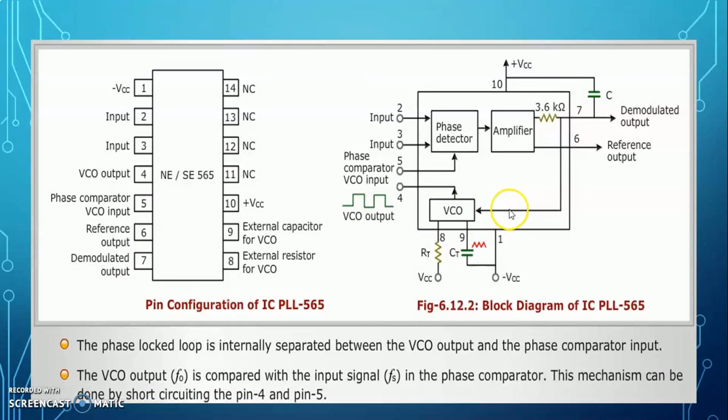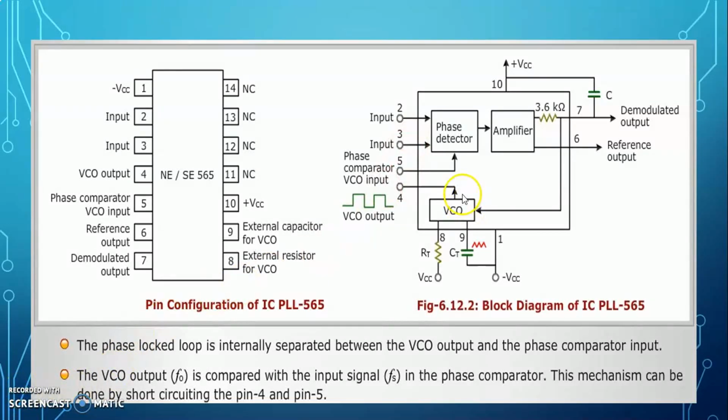Here the low pass filter output increases or decreases the input voltage of the VCO based on the error signal. If the error signal is high, it increases the input voltage of the voltage control oscillator. If the error signal is low, it decreases the input voltage of the voltage control oscillator. The low pass filter increases or decreases the VCO input voltage until the voltage control oscillator produces an output frequency equal to the input signal frequency.